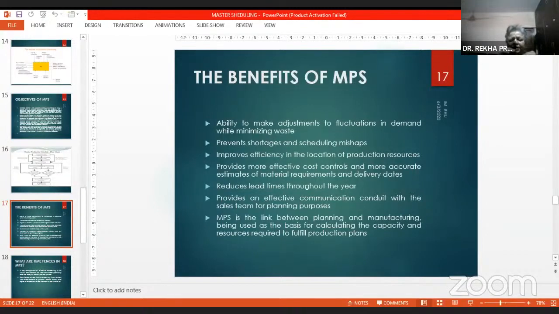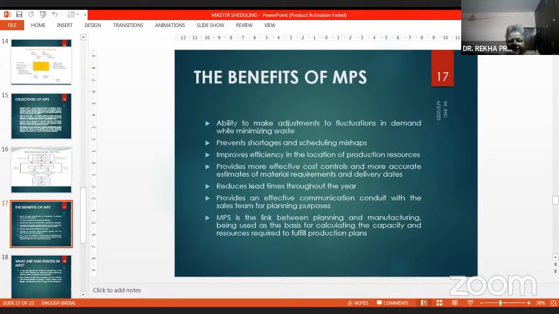And naturally, because it is being done in a planned way, you have to plan the lead time beforehand, when you require the material, so that accordingly things are ordered in the right quantity, right amount, so that it reaches the production facility whenever it is required, not too early that it is lying waste or not too late that it is hampering the production process.